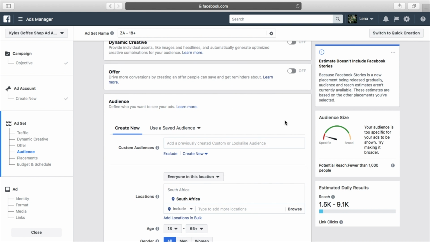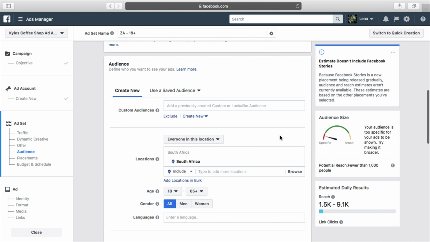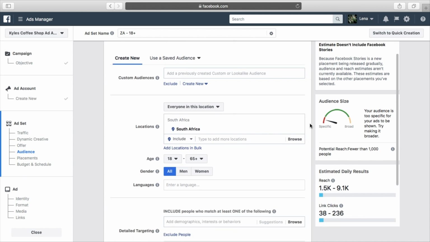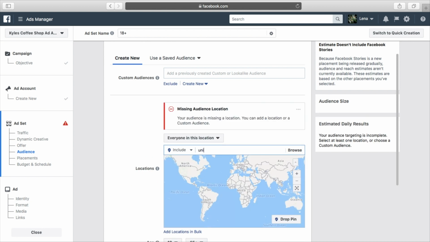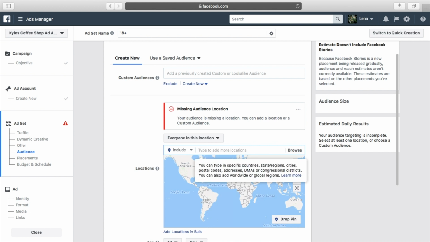Then what we're going to do is we're going to scroll down to audience. So now this is where you use Facebook's amazing capabilities to target people. There where it says custom audience, we're going to leave that blank for now. And I'm going to show you guys how that works in a second. So let's say, for example, your business is in, I'm going to use this as example, the United States. So your country would be United States. Sorry, your restaurant is in the United States, and let's type in a physical location, like let's just say New York,